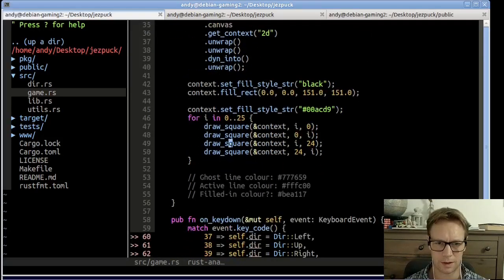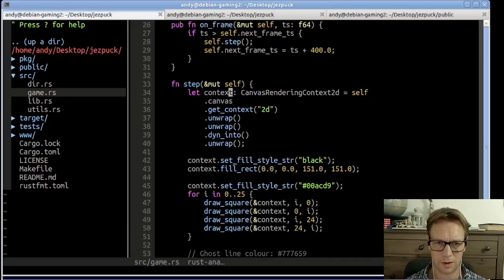So, all right, let's talk a little bit about our context and stuff. Basically, what the step function does, which gets called every frame, and we can adjust the frame rate here if we want to, is get hold of a context, which is basically how you draw onto an HTML canvas. Then you set the fill style, and you call things like fill rect, which draws rectangles, or we can draw other shapes as well. And for the border, we're setting the color to this color, and then we're doing draw square,